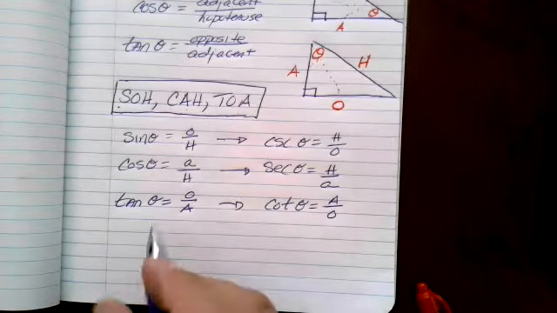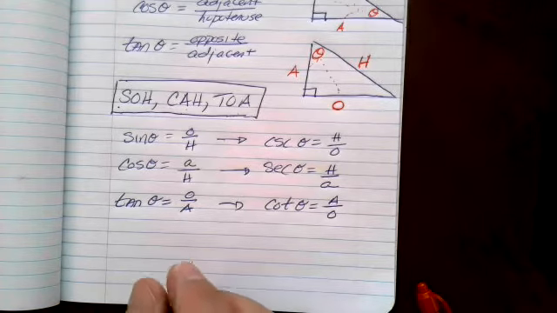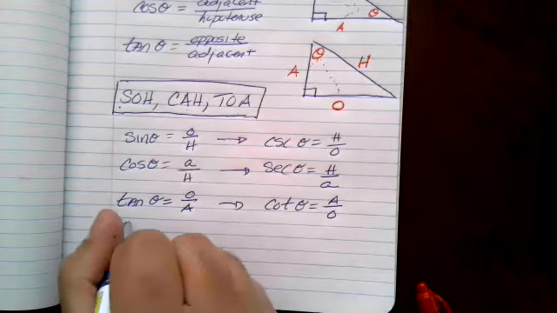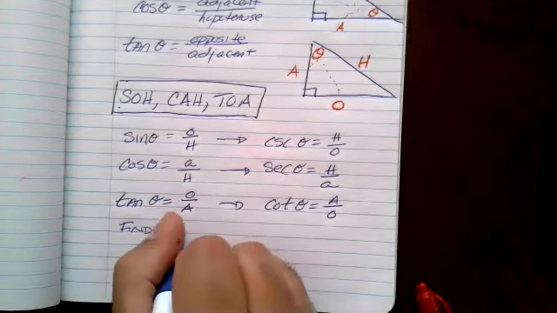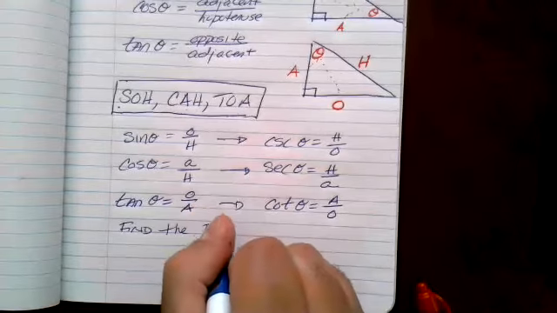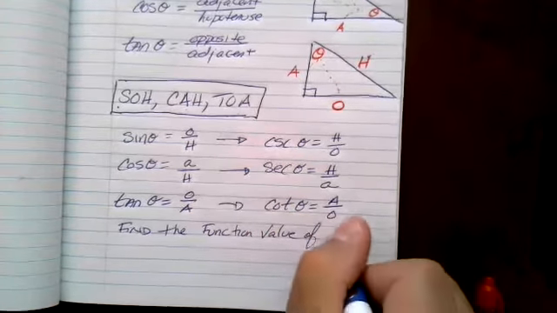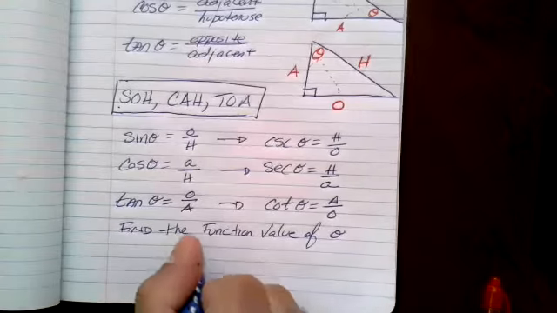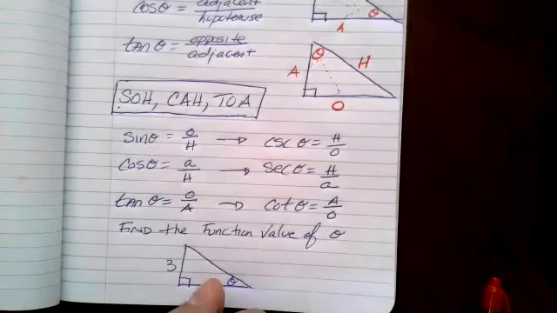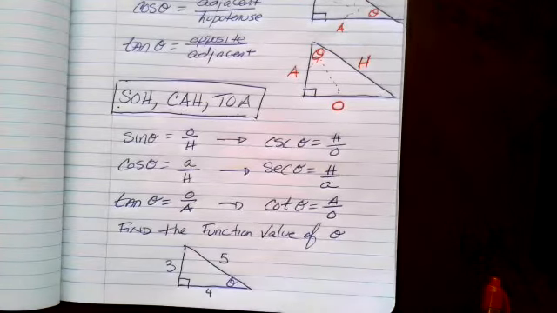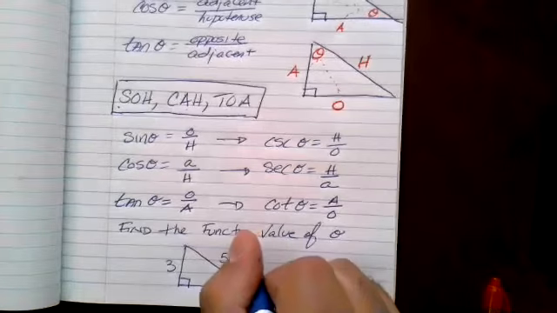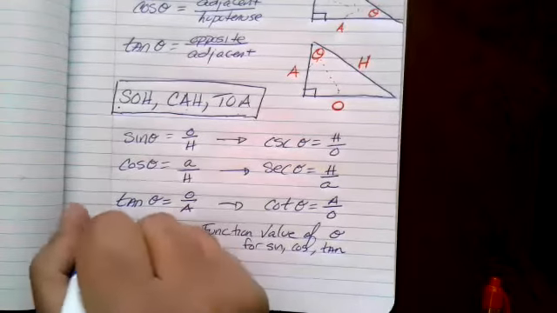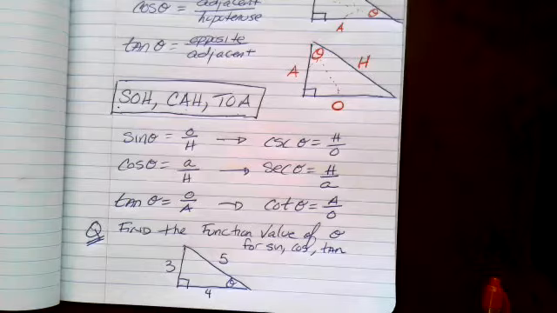So let's do some problems. Well, let's look at something easy. Might ask, find the function value of theta, right? And they'll give you a triangle and it'll be like, find the function value of theta for sine, cosine, and tangent. So if the question asks, find the function value of theta for sine, cosine, and tangent,